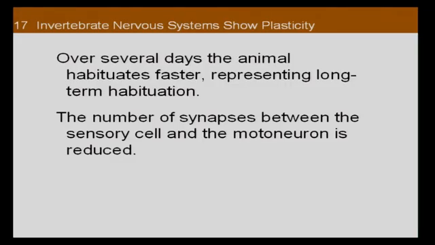Okay, so what happens? Is it that you get a decrease in the voltage-gated calcium channels for several weeks, or is there something else happening when you have long-term habituation? And so that's exactly what I just said. And here is what happens. With long-term habituation in these aplysia synapses, you don't get a modulatory effect at the presynaptic terminal. Instead, you get actually a structural change in the sensory presynaptic neuron to motor postsynaptic neuron